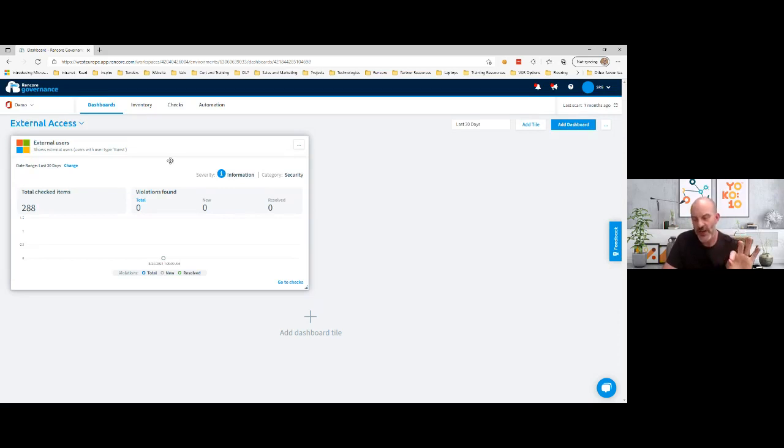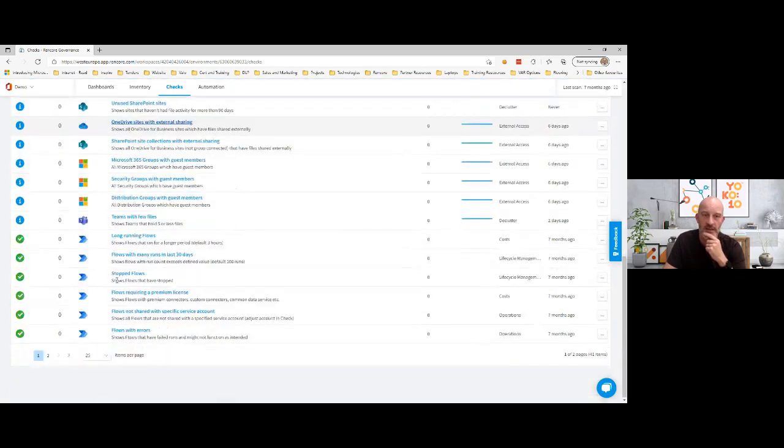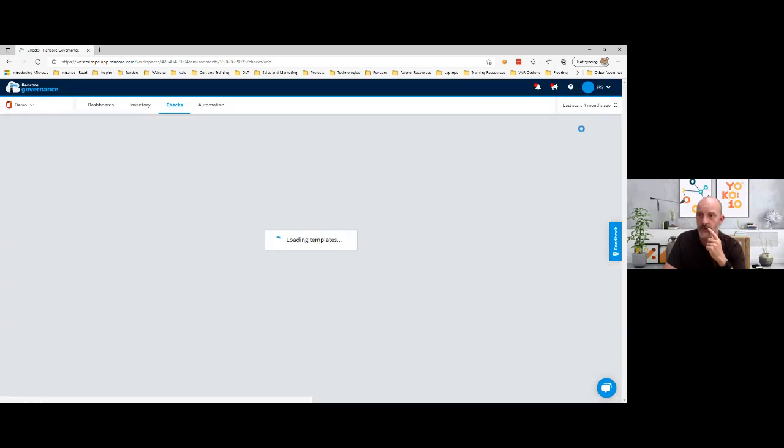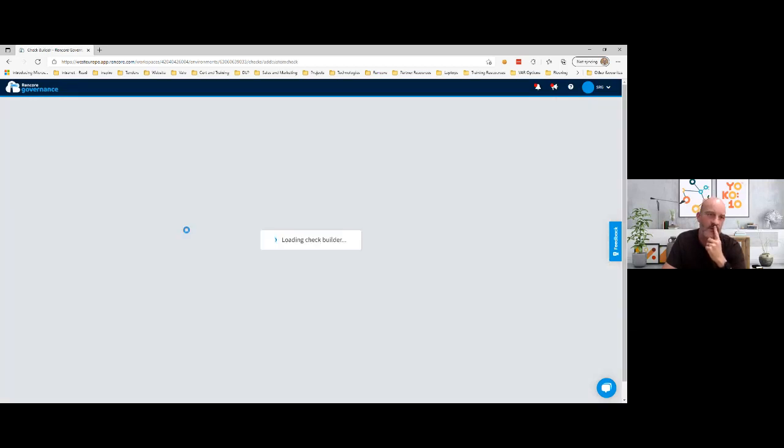So as mentioned before, a check is like a rule, a set of rules, or a policy that defines what you're trying to identify in the Microsoft 365 environment. Let's create a new check here for groups with external file sharing. So I come to the checks section. You can see I've got loads of checks here that I can reuse, or I can add a new check. So I'm going to come in here and create a check.